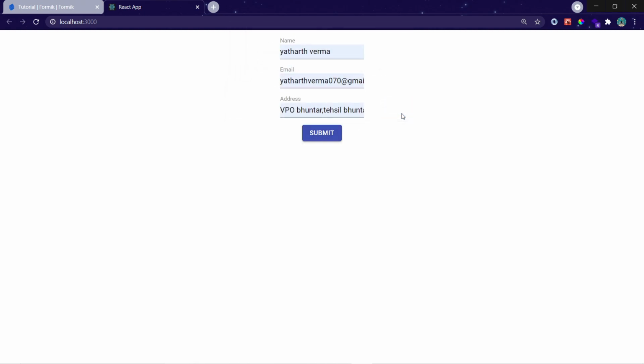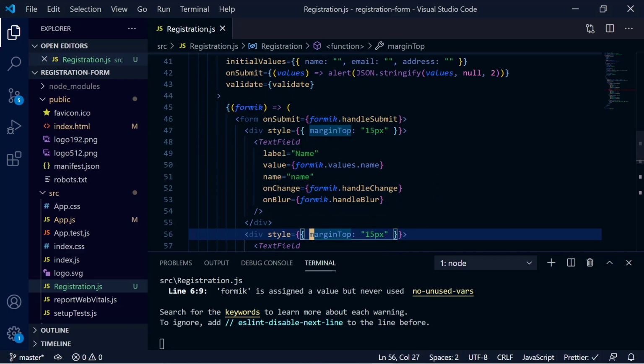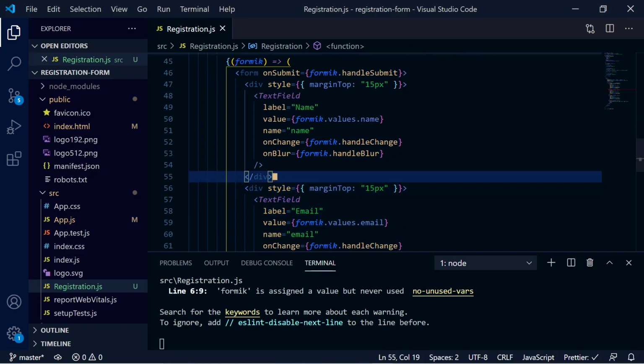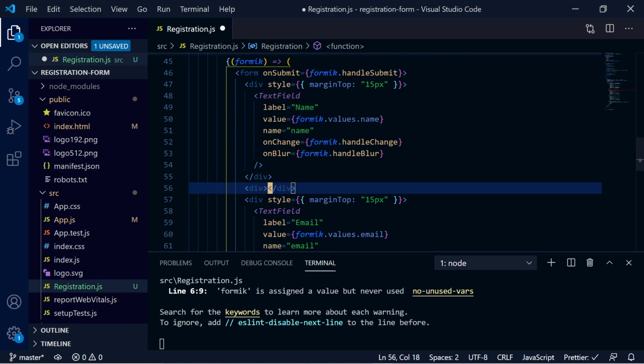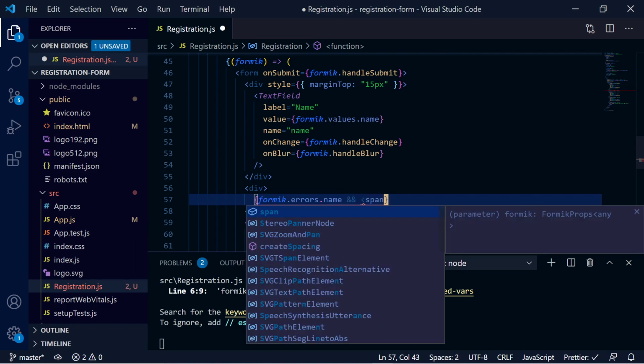That means validations are applied, but still we are not able to see the errors. So let's add some division to see the error. After every text field we will show one division where we will show the error. So you can write over here Formik.errors.name, and you can show over here one span element.